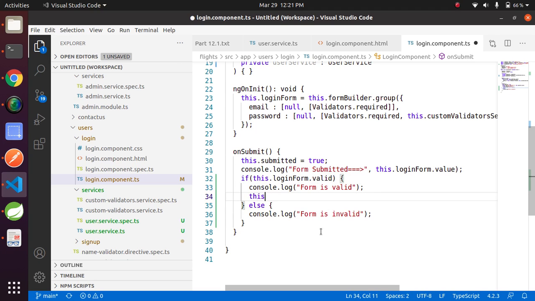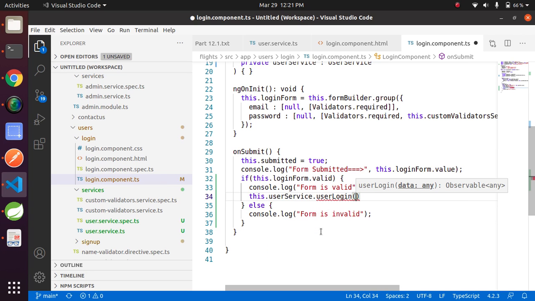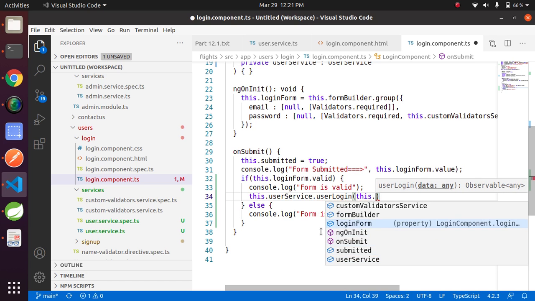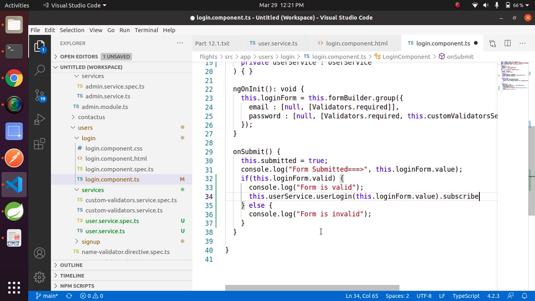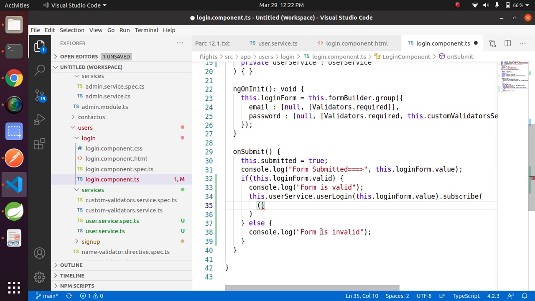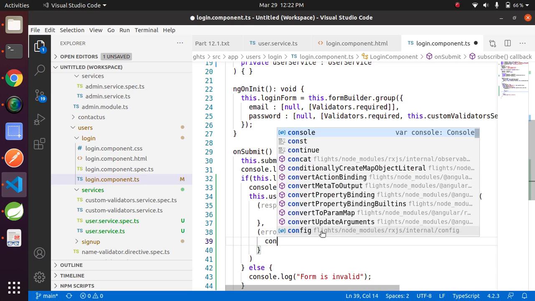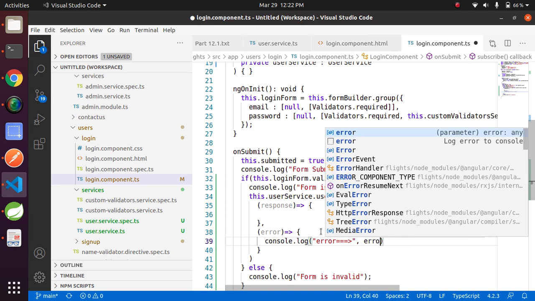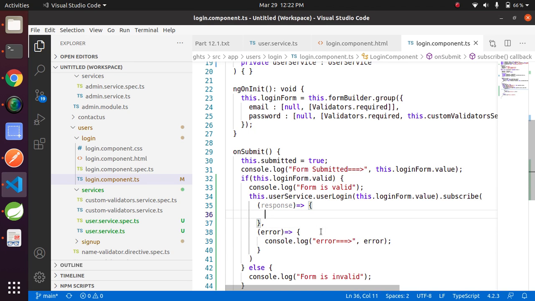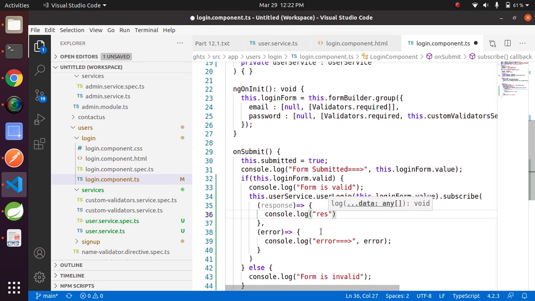Now this.userService.userLogin, pass the form value, this.loginForm.value.subscribe, response, console.log error. Console.log response.